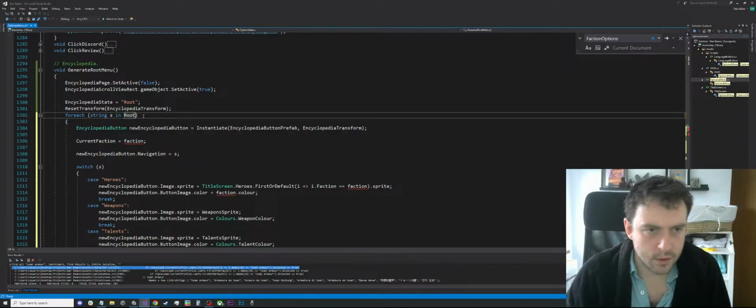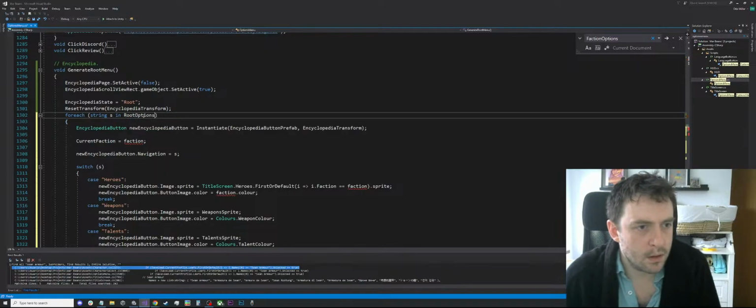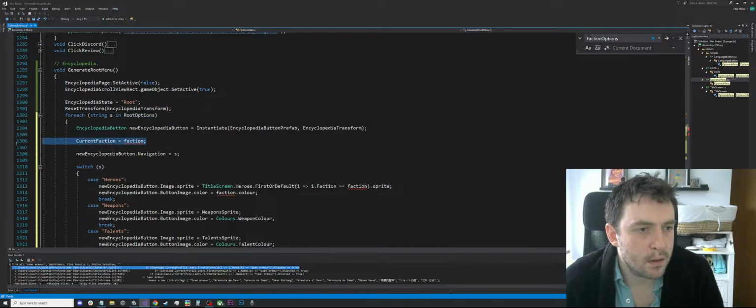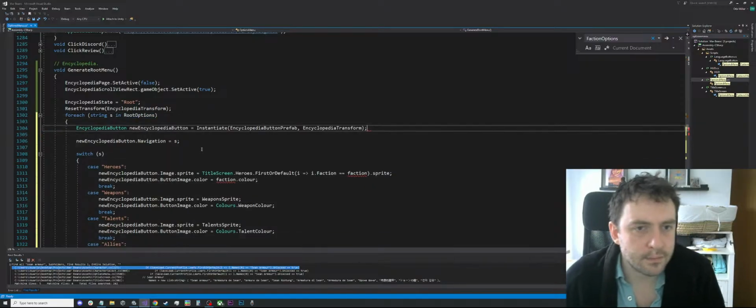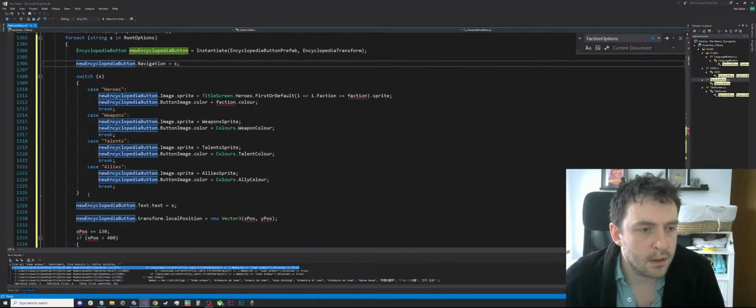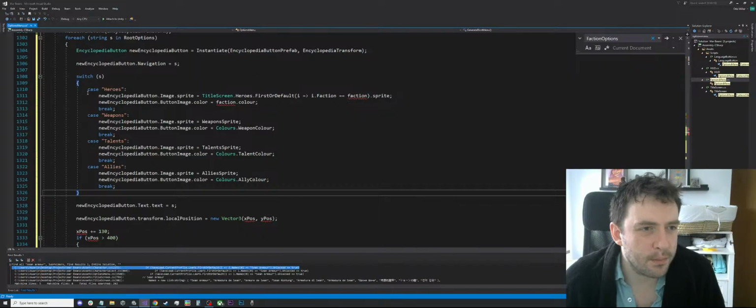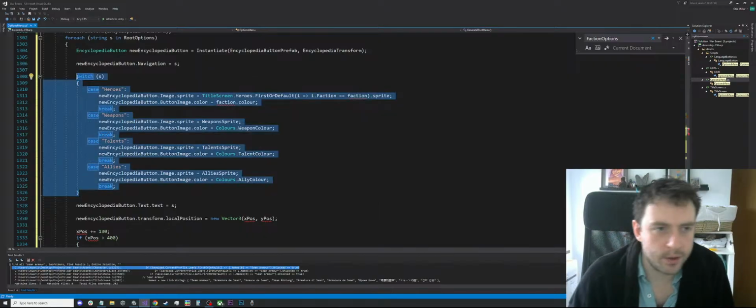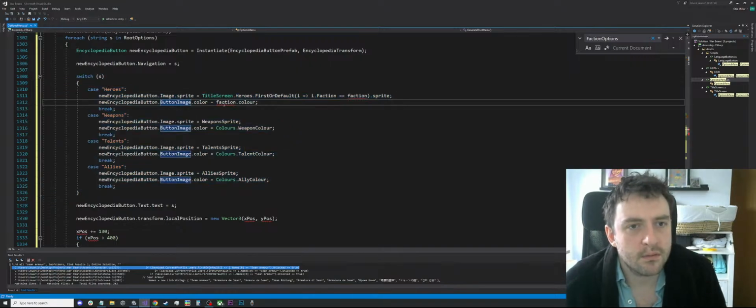And root options. So we make a new encyclopedia button. I guess they're all going to be the same, so we don't need the switch case. Sprite. If the sprite is, if the case is,